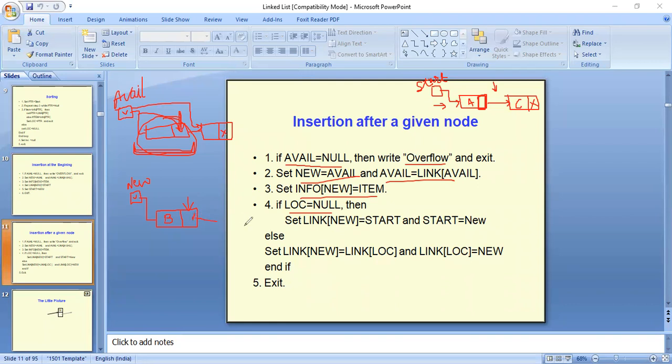So this is now going to point to this node, and the link of this location will be updated to new. All right, so this node is going to be inserted after our first node. So our final list will be like this.